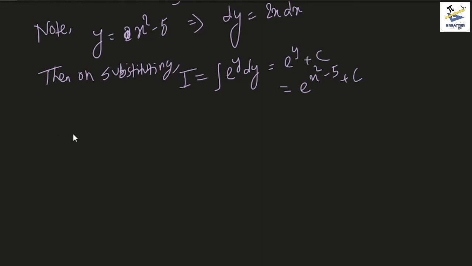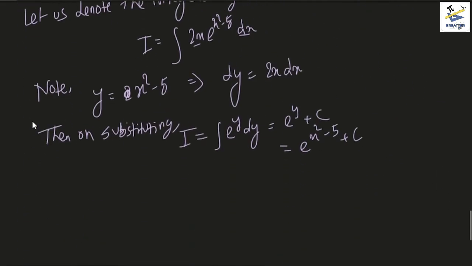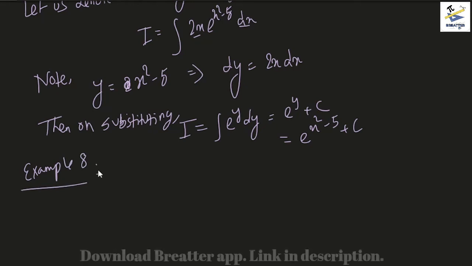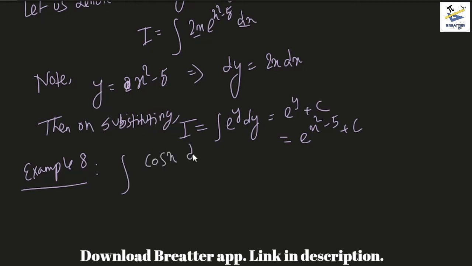So let us do this. This would be example 8, right? So we'll continue from example 9 in the next video. So this would be the last example for this video. So let us do this problem where we have the integral of cosine of x dx by